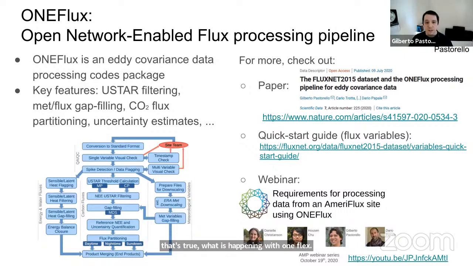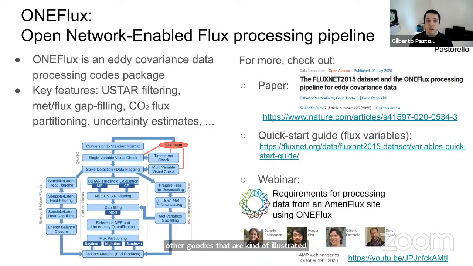Great, thank you, Trevor. So OneFlux is a collaborative pipeline that we developed in collaboration with the European team and a few other folks from around the world and other regional networks. This pipeline is what we've been using to generate data sets that have been gap-filled, filtered for low turbulence conditions, with CO2 flux partitioned into GPP and respiration, and uncertainty estimates and a bunch of other goodies illustrated in this pipeline.